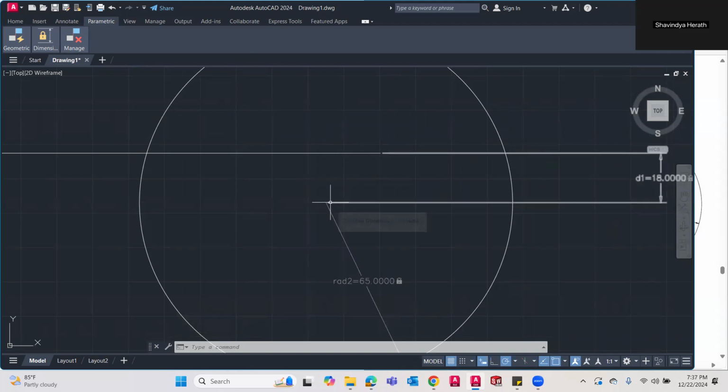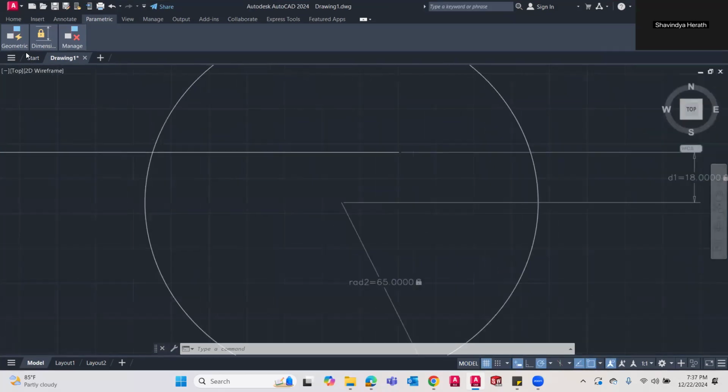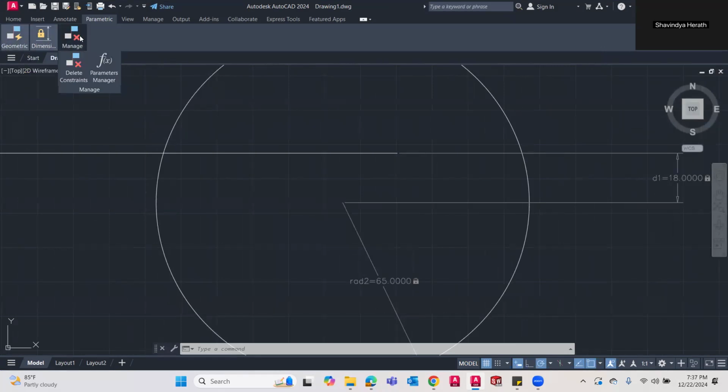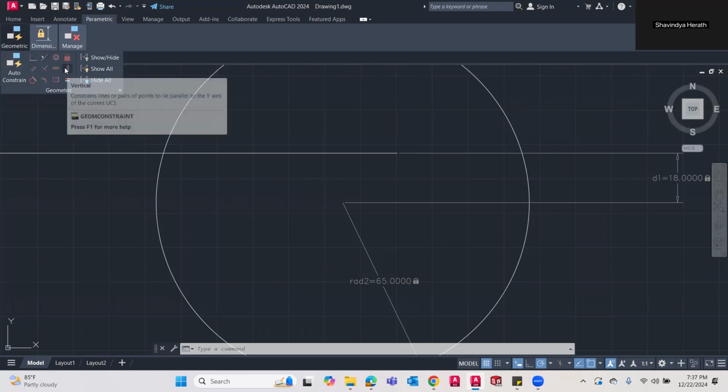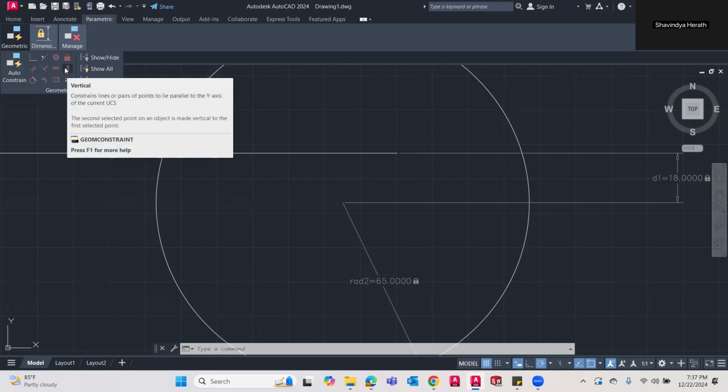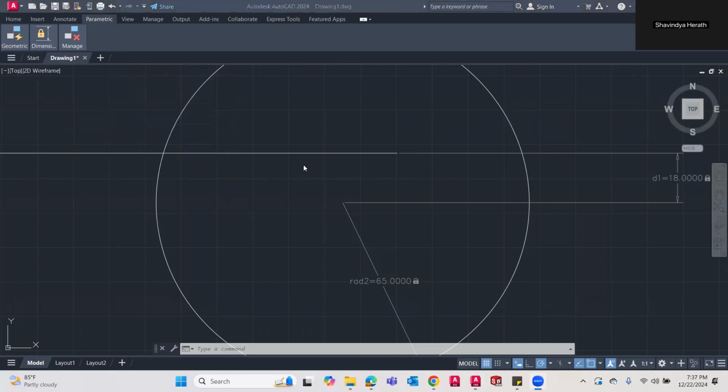How can I do that? You can do that by going to parametric. There are three panels now. In the geometry panel, we can put the geometric constraint. I need to make those two points vertical. So I click on the vertical. Please give me a couple of seconds.